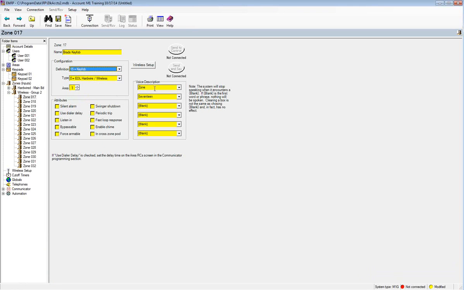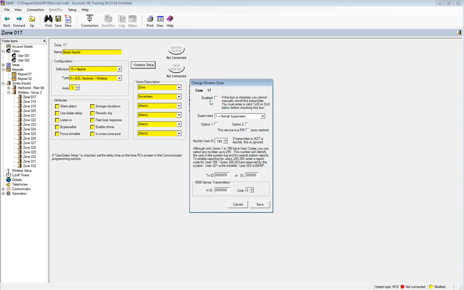Have all the same attributes, voice description, information, that sort of thing. But on wireless zones, we do have this wireless setup button. And that allows us to set up some information for the wireless zone. You have different supervision options. Normal supervision is going to apply to most everything, except for smoke detectors and that sort of thing, which would